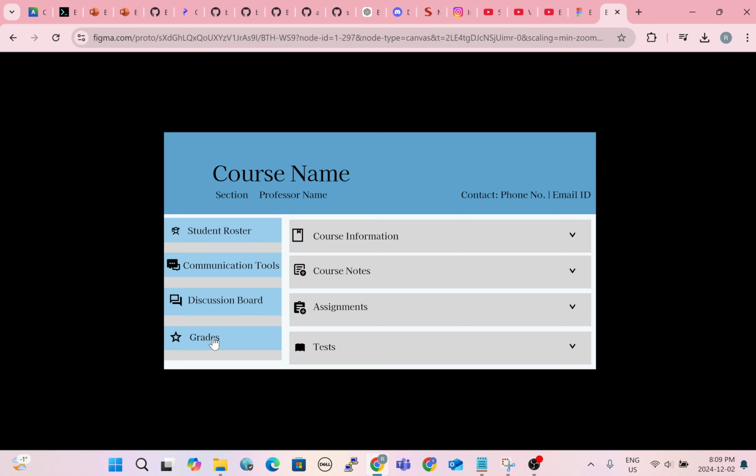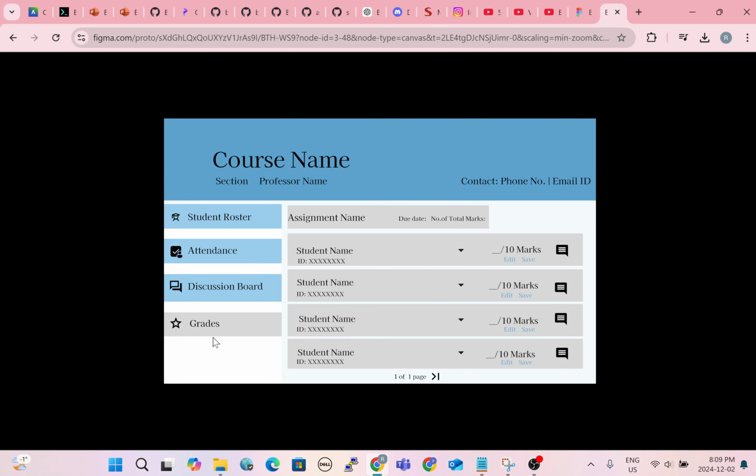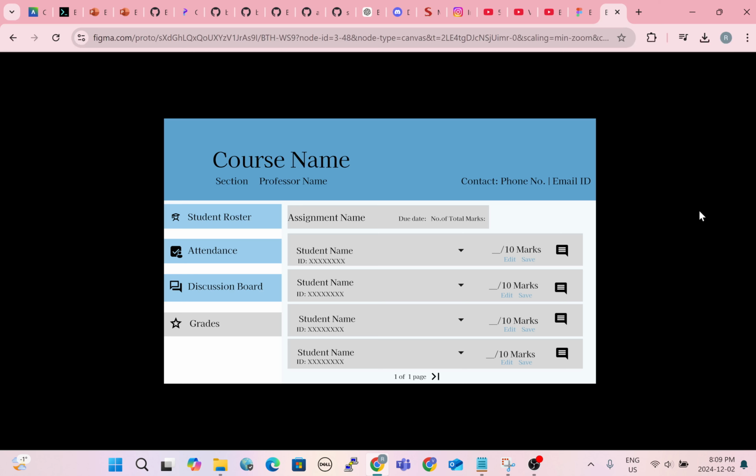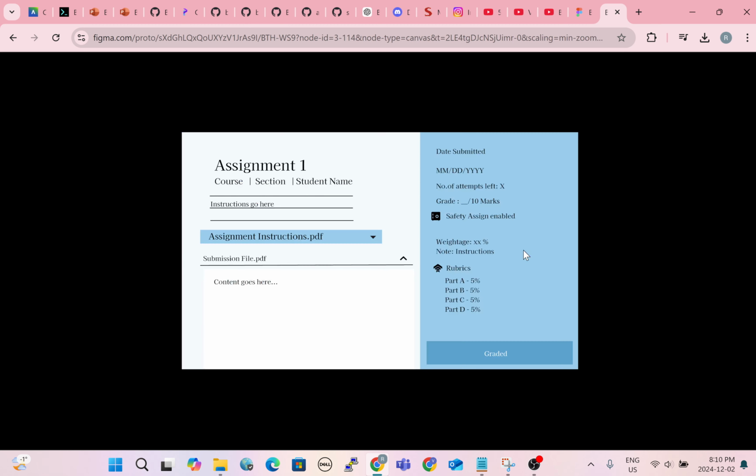we have to first check which course the professor wants to grade. When we click on a particular course and click on grades, they will be taken to this page where all the students that are enrolled in that course will be listed, and the work they have done will also be shown when they click on the arrow or down arrow, and they can change the mark they get using the edit save button. When they add a particular mark over here, it will be shown that it is graded, and this is how the